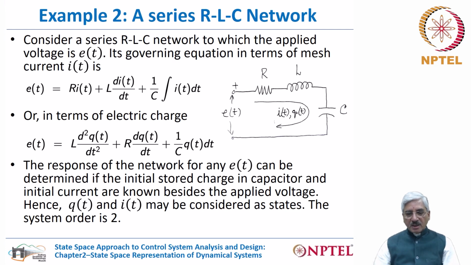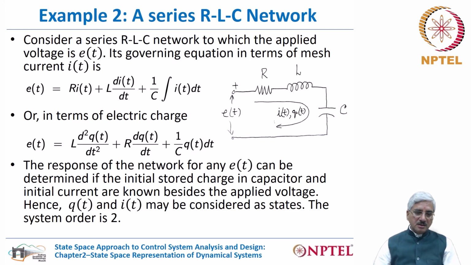And of course, we have also shown in the circuit the charge flowing in the circuit by the symbol q(t). Now, if one attempts writing the equation governing this circuit, then by using Kirchhoff's voltage law, one obtains